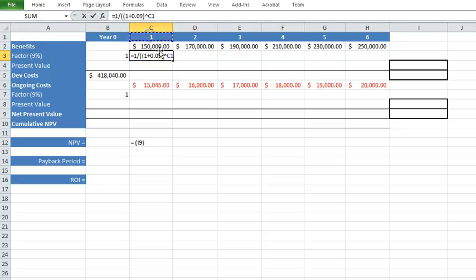So we can use this here, and let's close that bracket because that's all over 1 all over all of that. Okay, so that's our factor formula, and if we press enter you can see that it's reduced that 1 by